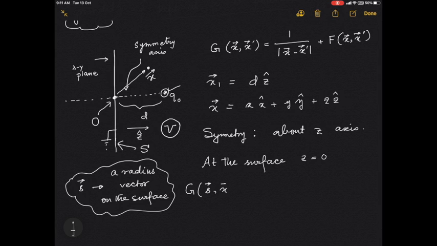Radius vector is one which starts from the origin, if you remember. This x prime is 1 by mod s minus x prime plus